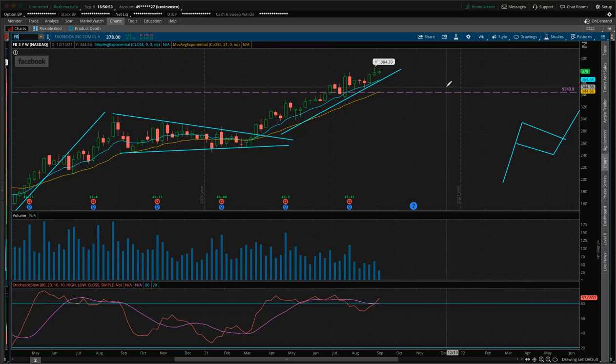Now, when you're looking at pullbacks, what we're going to do is we're going to use the 9 EMA or the 21 EMA as a point of reference. So we're going to always assume that when we pull back, we're going to pull back to this line. This is what I do. I try to imagine an imaginary line that's going to go like this, right? So that means I'm assuming that the pullback is going to be around here or here or here within the